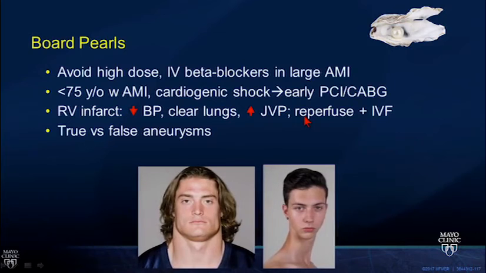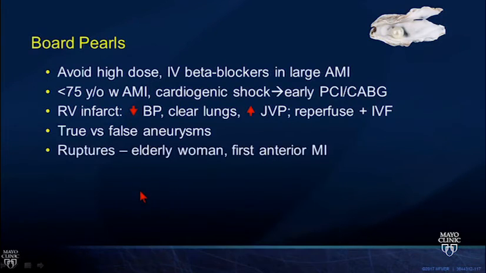Know the difference between true versus false aneurysms. One has a broad-based neck, one has a narrow-based neck. One affects all layers, one affects just a thin layer. One is a rupture complication, that being the narrow neck. One is not. One has low rupture risk but may develop neurothrombus.